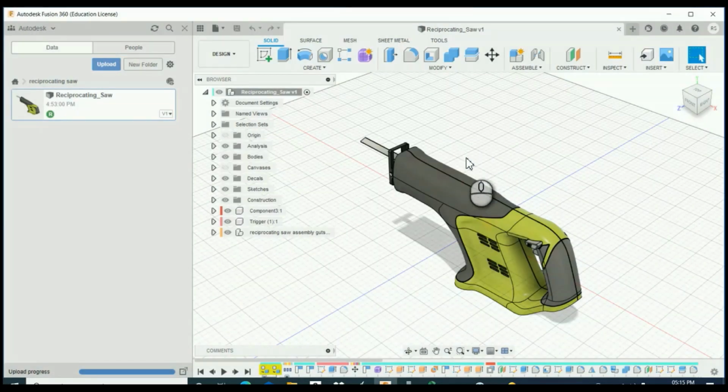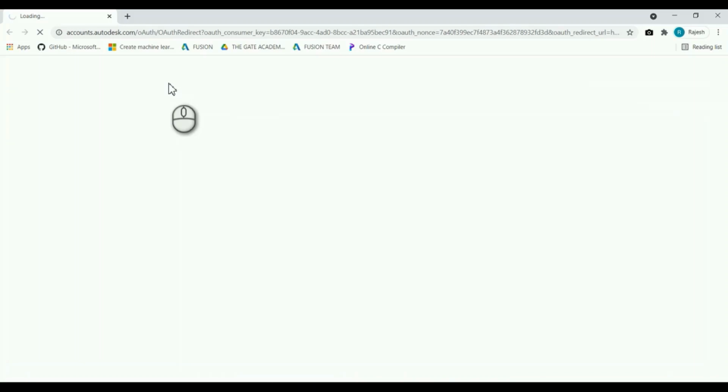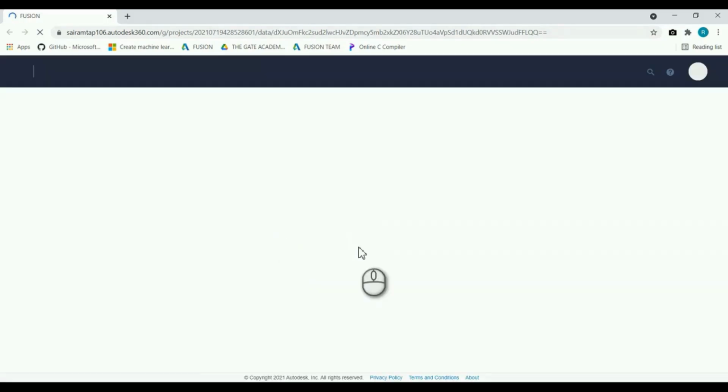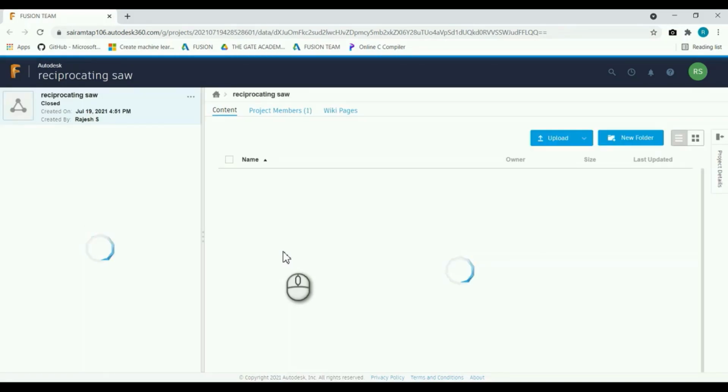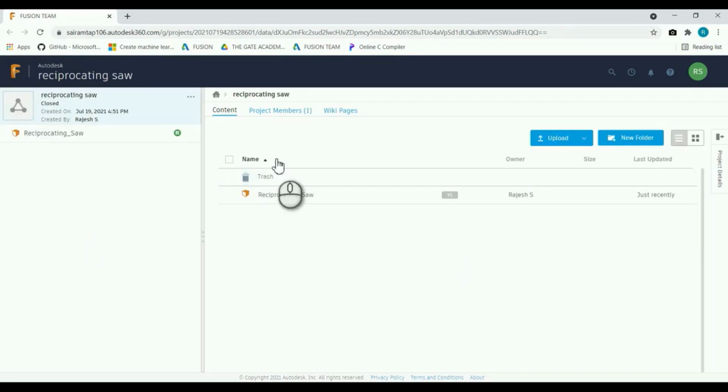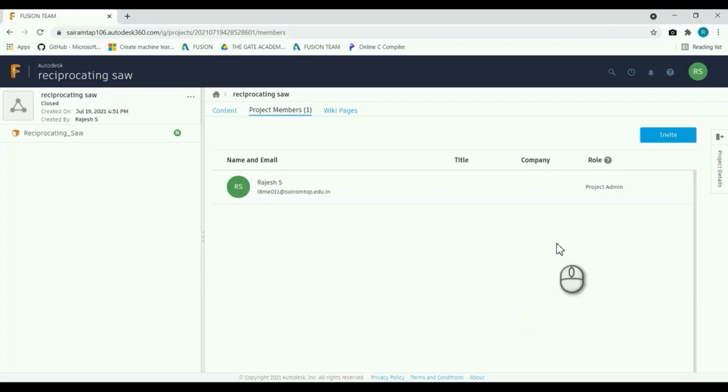After that, you can also view your project on the web. Click that, open on the web. And this is the data panel in the web browser.